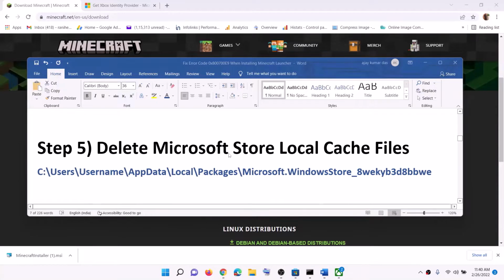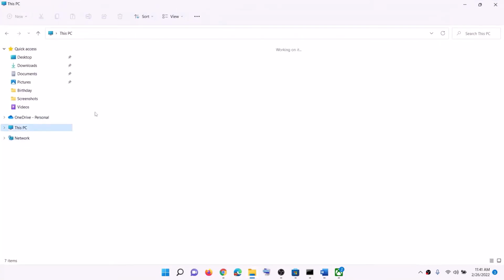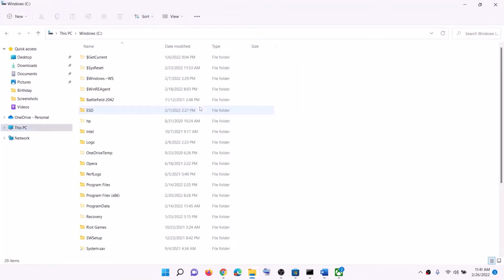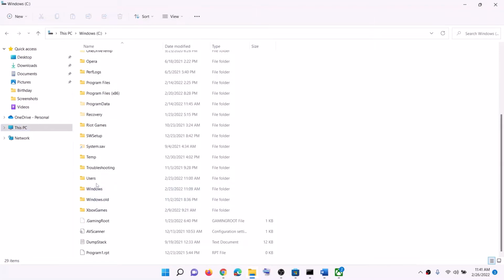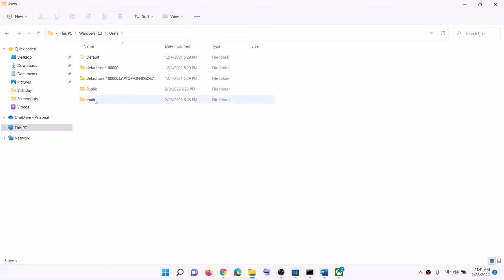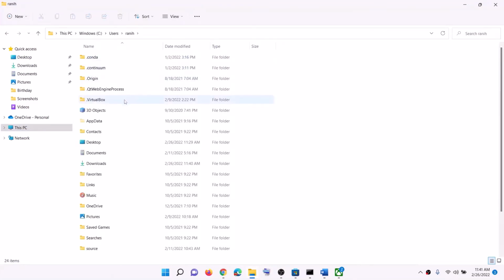Now the next step is to delete Microsoft Store local cache file. For this, go to this location. So open File Explorer on your computer. Then go to this PC, open C drive, then open users folder, then open your username folder, and then open